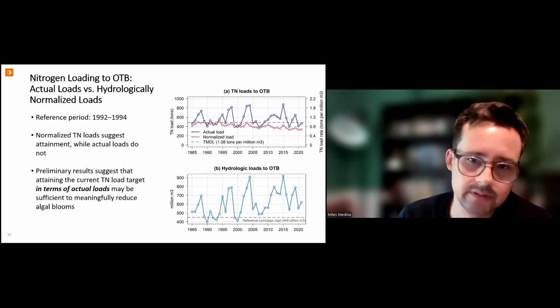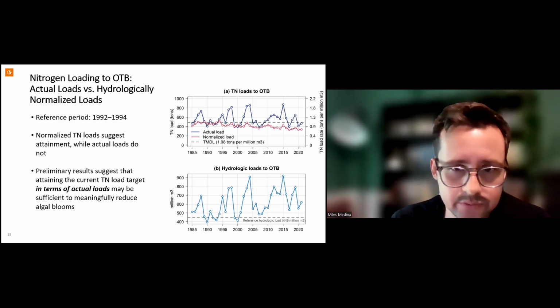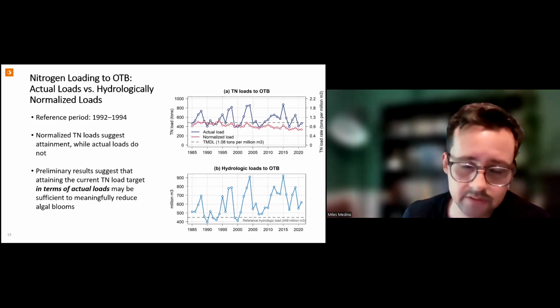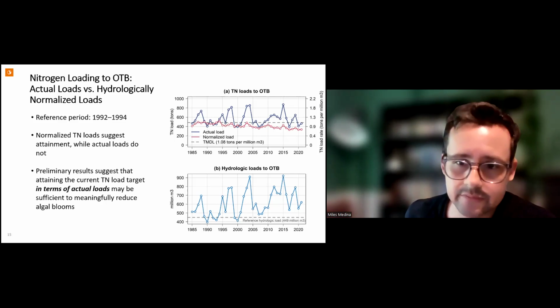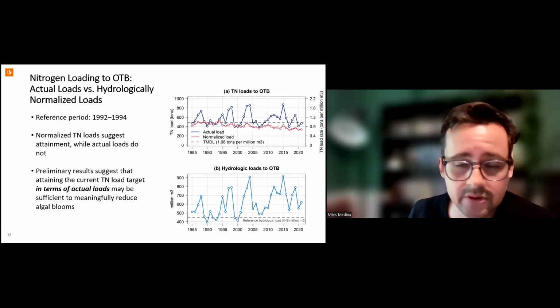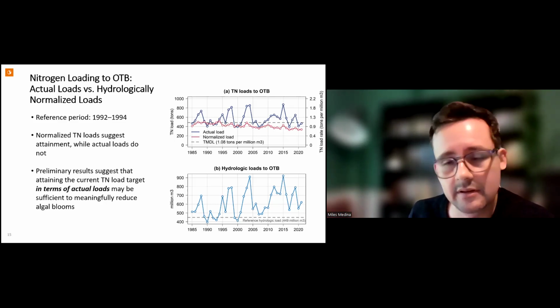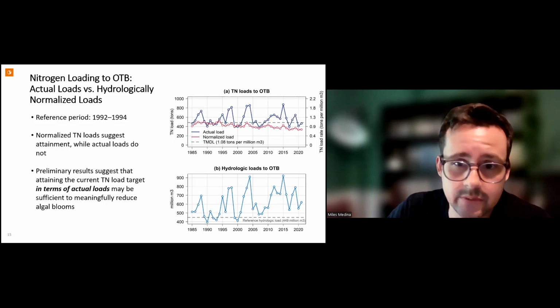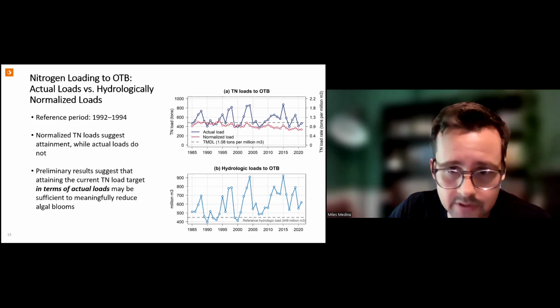Then things have sort of been in compliance for a couple of decades. But of course, Old Tampa Bay is dealing with the actual load, and with additional rainfall and runoff, you get some amount of flushing and dilution. But the actual loads tell quite a different story. So maybe the most stark